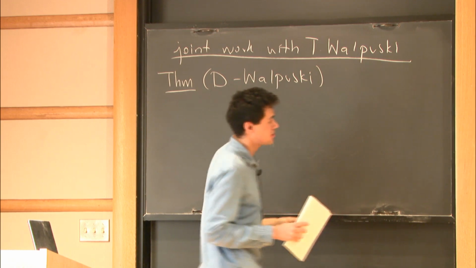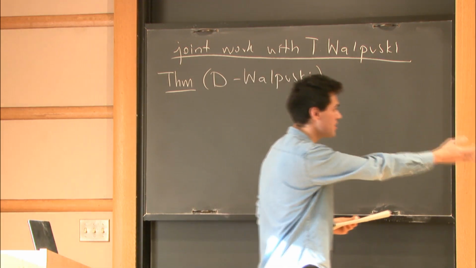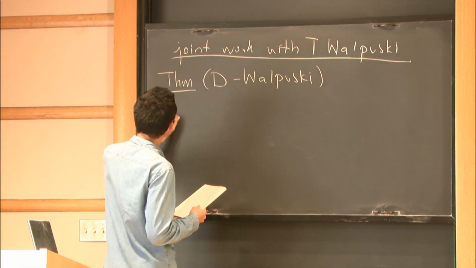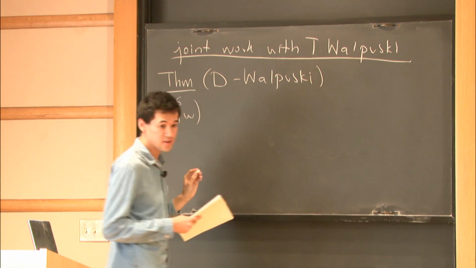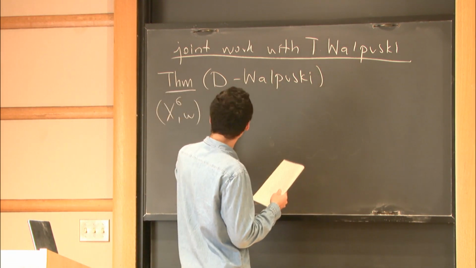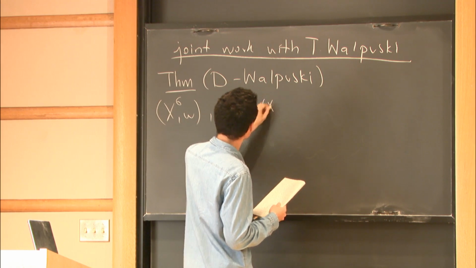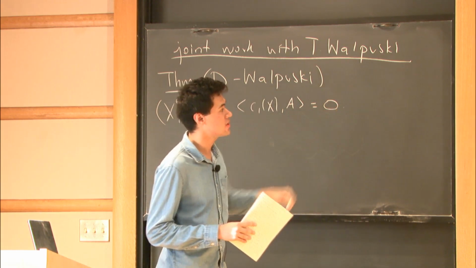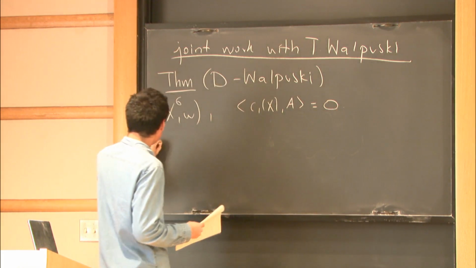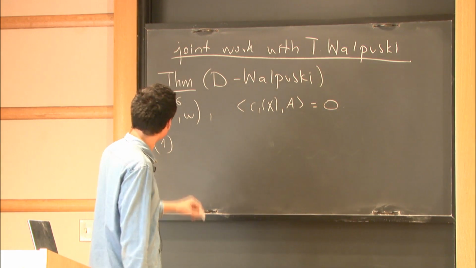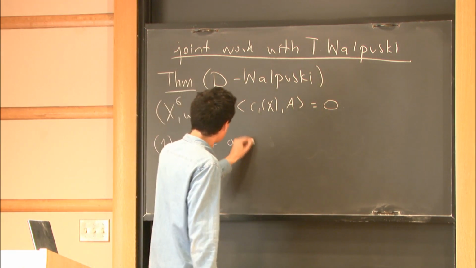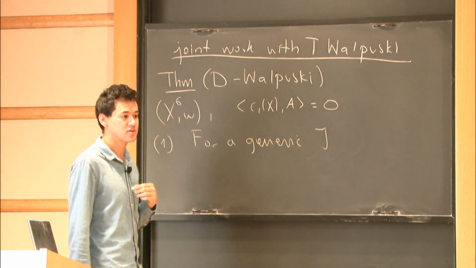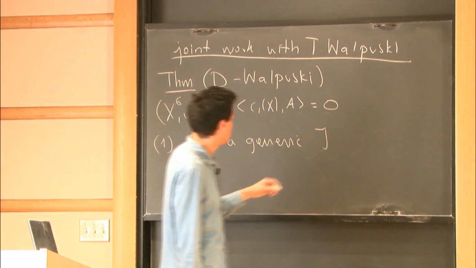It says something about this question of actually counting geometric embedded curves. So let's say that X is a symplectic manifold of dimension 6, and the homology class A satisfies the condition that it pairs with the first Chern class to 0. So we are in the situation I assume there. The first part of the theorem says that for a generic J, and by that I mean an almost complex structure on X which is compatible with the given symplectic form,